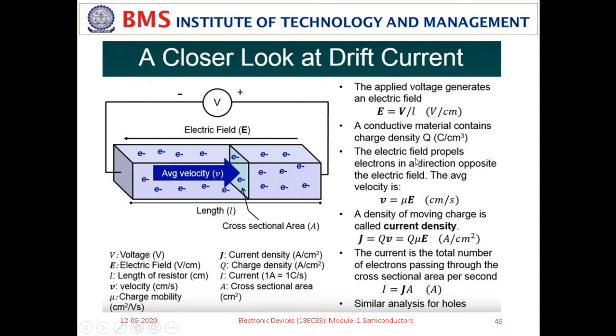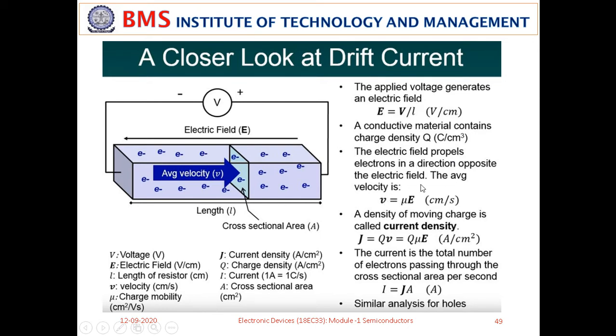And the electric field, the other equation, you can also relate electric field that propels. This electric field is responsible for the electron movement. As you are seeing here, electrons are moving from left to right because of the application of force here. So these electrons, when moving, they inject here and they leave here and get attracted to the positive terminal of a battery here. So here you can see that the electric field is responsible for the movement of charge carriers.